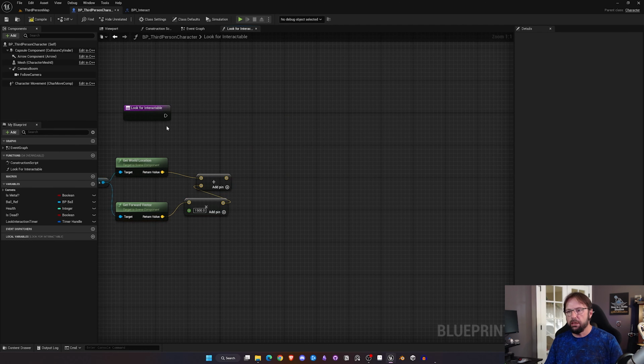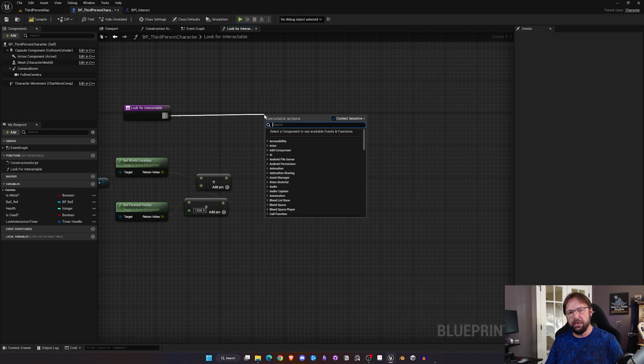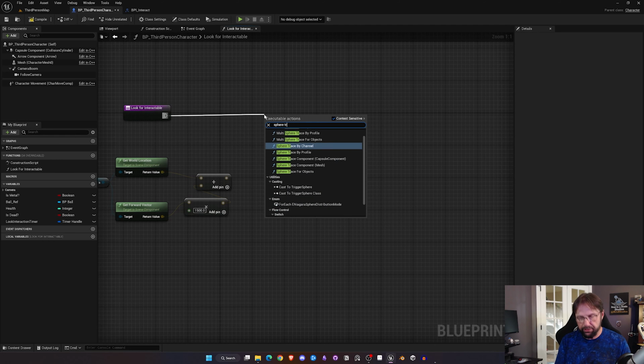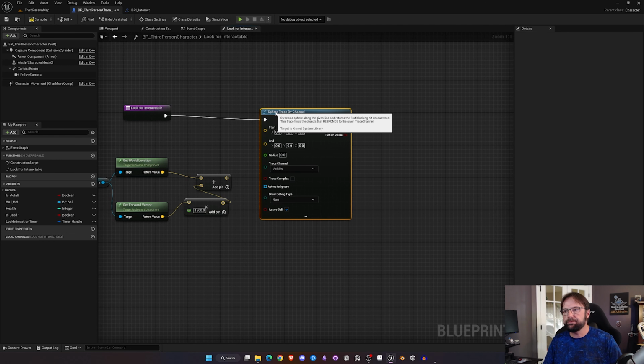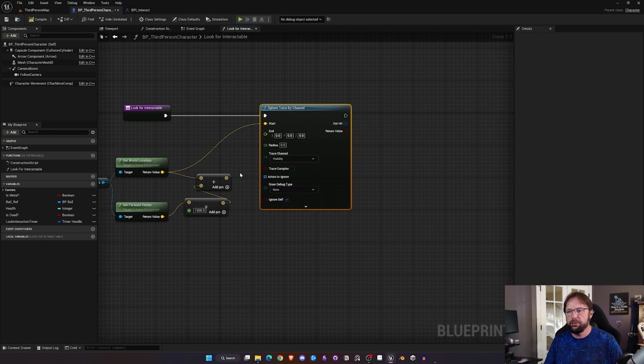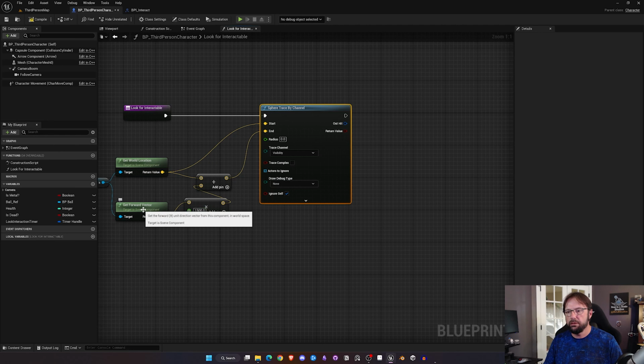So actually what I want to do is look in a little bit bigger area so my character doesn't have to be as precise with the camera movement. So I am going to do a sphere trace by channel. And then I'm going to go ahead and hook up these nodes just like they were before. I'm going to get the starting location from the camera and the end location of 1500 units in the direction